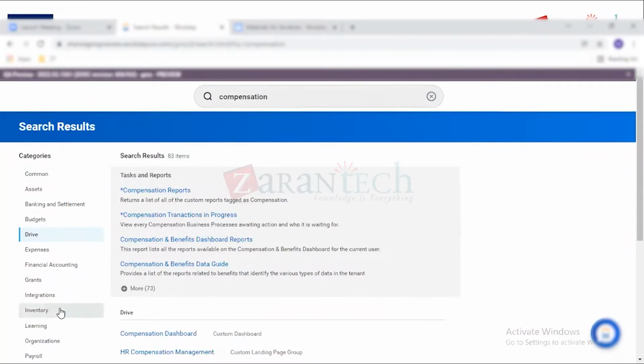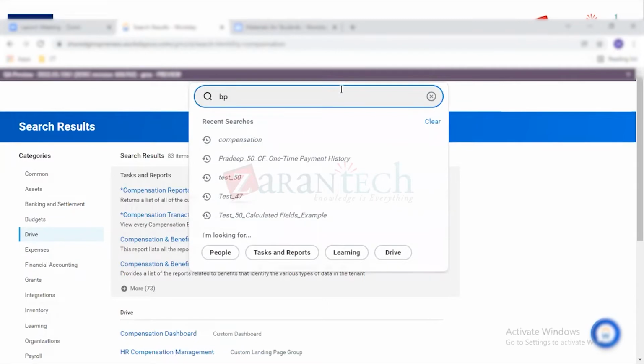Okay, so this output varies depending upon my category. So in case you are stuck and you want to filter down based on the category, you can do that. Again, at times this becomes a very tedious task. If you want to only search for a business process, then it becomes very tough. So how can you do that? Workday has a prefix concept. Prefix concept means, let's say BP colon